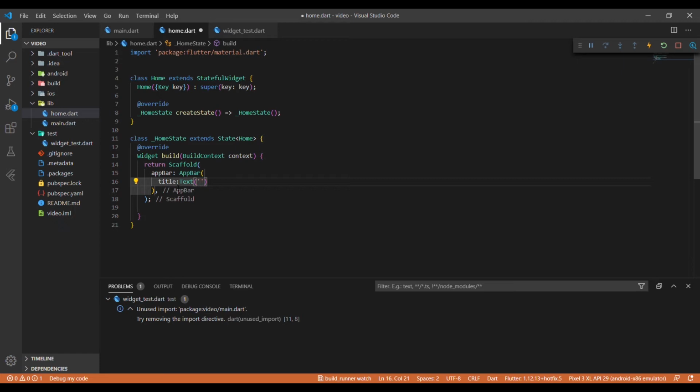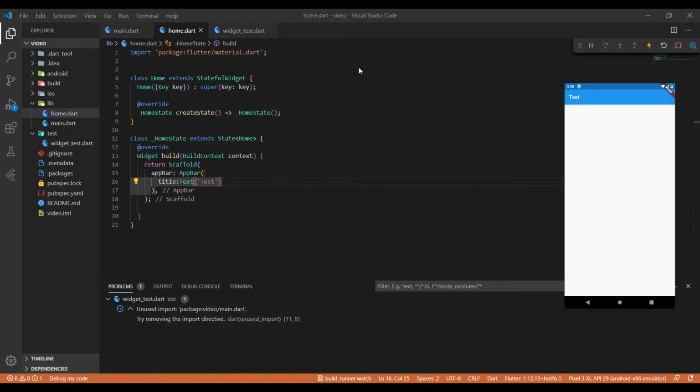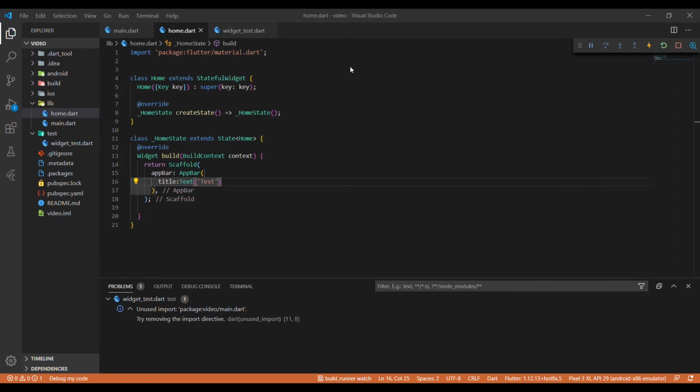For now I'm just going to type it as test, and if I sync it, you can see the test has appeared on the app bar. Now say you are not liking the text to be on the left-hand side of your app bar, and you need it to be at the center. You can do that also in Flutter.